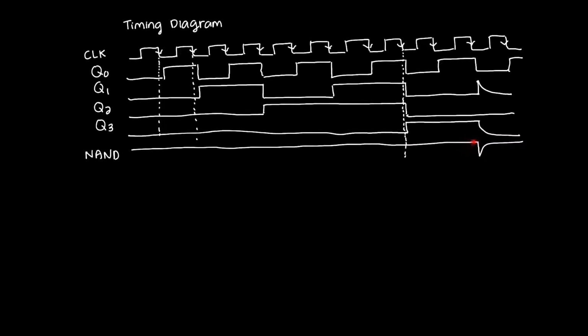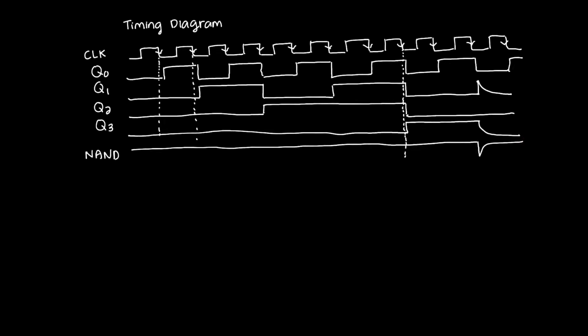So it is high, meaning the asynchronous clear inputs are inactive until I get to this condition where Q3 and Q1 are both high. And that's the condition for triggering my NAND gate to go momentarily low, which is what happens here. When my NAND gate goes momentarily low, it issues a clear to all the flip-flops. So all the flip-flops go low, so they all clear to 0, and then the NAND gate goes high again,